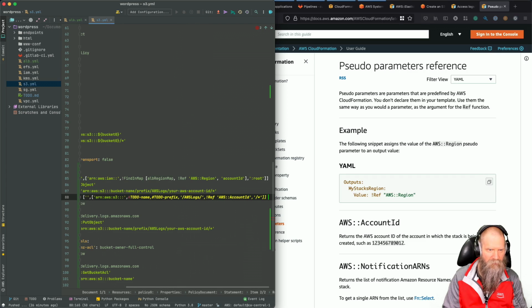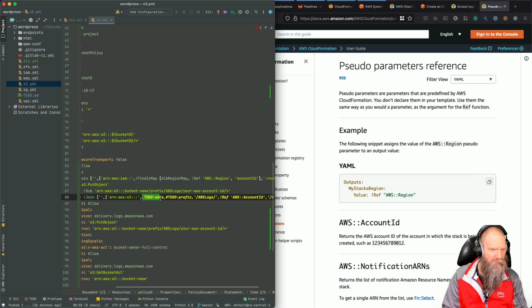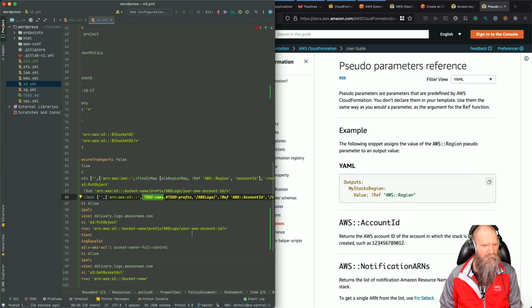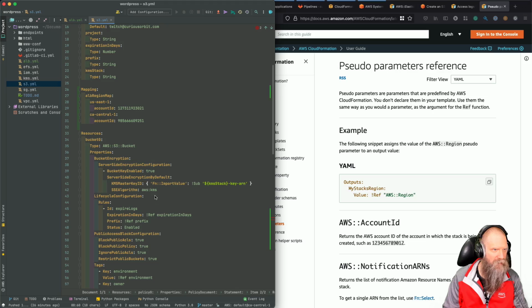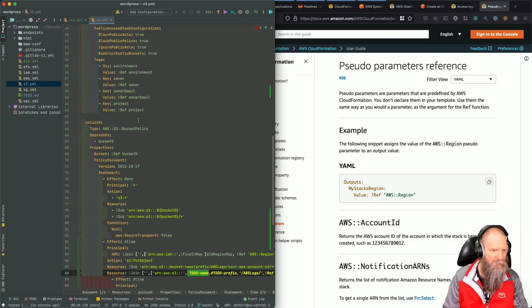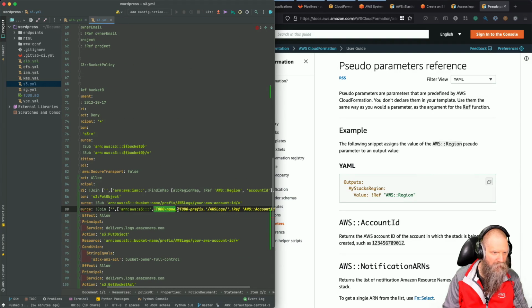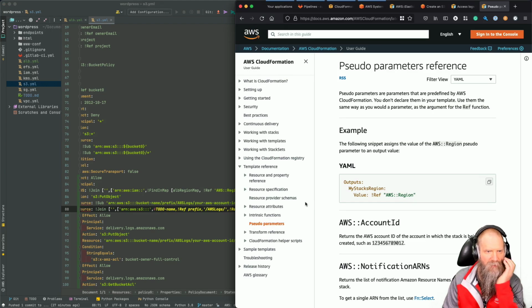So let's get rid of those. And then what I need to figure out is how to pull in the bucket name and the prefix from, well, the prefix is something that's not easy to pull in. We've put that here. So we can just do, this can just be Ref Prefix, oops, like that. It's just this one. So let's have a look at